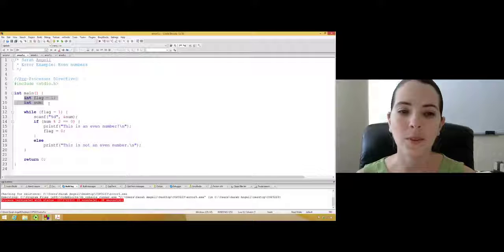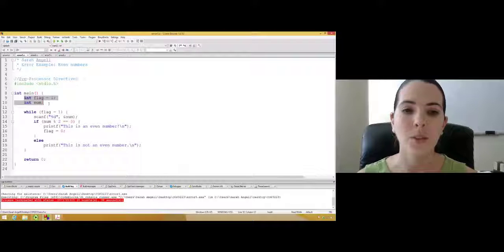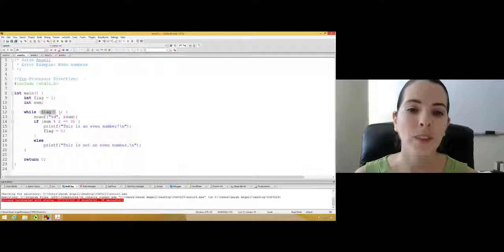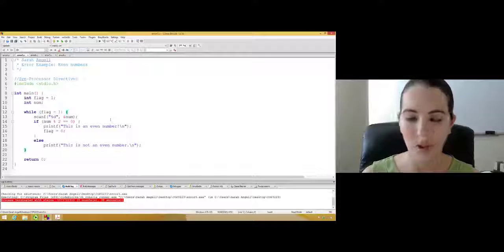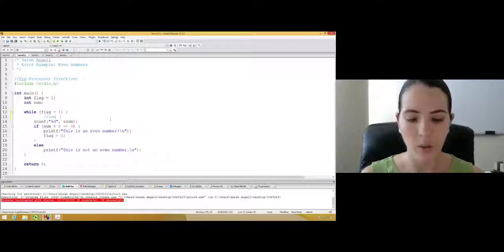We have 2 values that we've declared, num, that's the value from the user, and flag. And remember, flag is a common concept where we set it to some initial value, and then we change it when we need to turn something off, like a light switch. This one says, while flag equal to 1. But let's read this very carefully and make sure we're reading what it says and not just what we think it should say. It says, while flag 1 equal sign 1. This is very important. It's a very common error. 1 equal sign